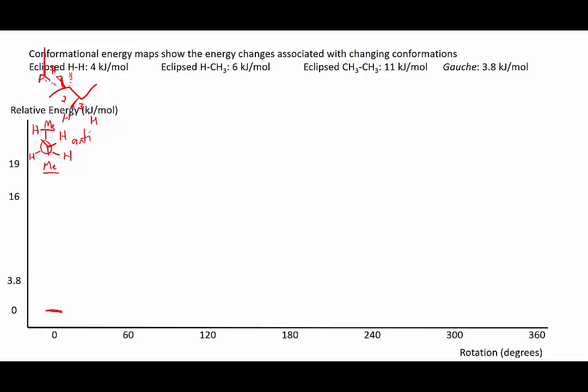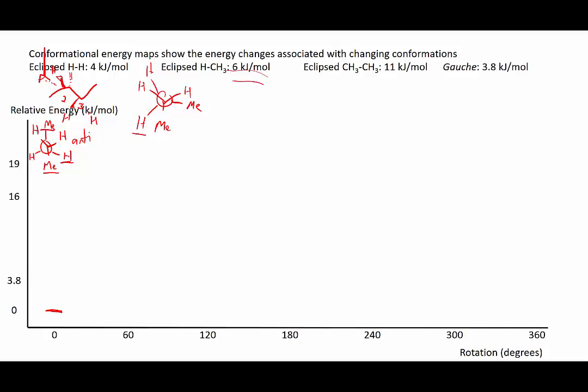So let's spin this 60 degrees and see what happens. I'm going to draw it up here a little bit higher so we have some room. We're going to keep arbitrarily our front carbon locked. We'll spin the back. Our methyl group is going to move, so it's now eclipsed with the hydrogen. This hydrogen will shift over, so it's eclipsed with the other methyl group, and the other hydrogen will just be eclipsed with the hydrogen. So if we add these up, we have an eclipsed methyl hydrogen, an eclipsed methyl hydrogen,